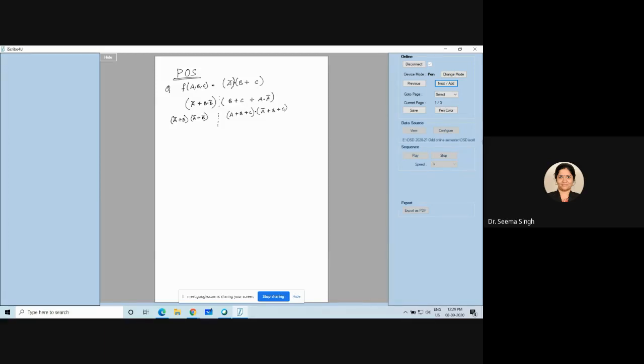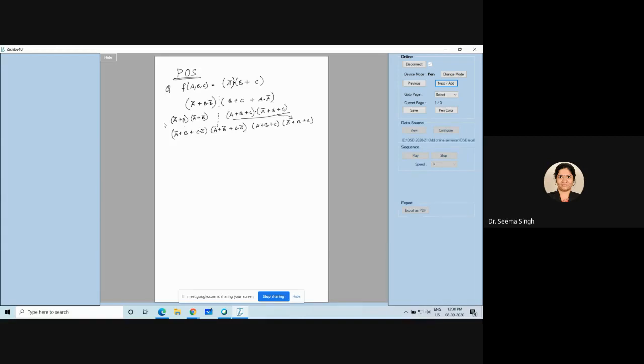I hope you are copying along with me, right? So now what happens? This third term and fourth term are complete. They are in the product of sums canonical form. Now these two terms are still not complete, so my job is to complete these two terms. How do we do it? We add C dot C bar here, and for this one you get A bar plus B bar plus C dot C bar. This is for my second term, and this one is copied as it is, that is A plus B plus C and A bar plus B plus C.